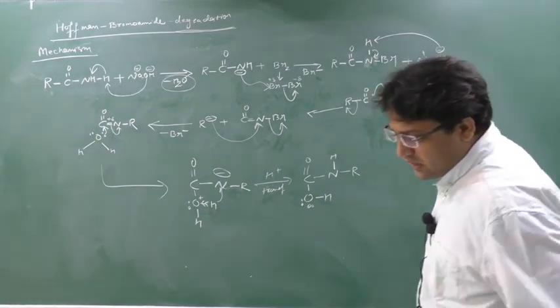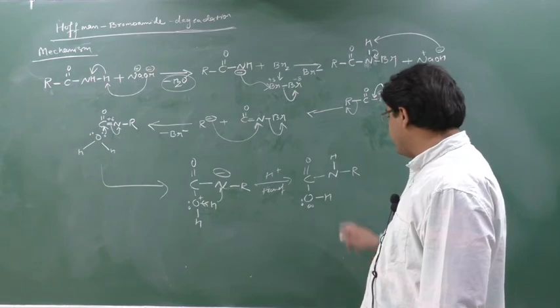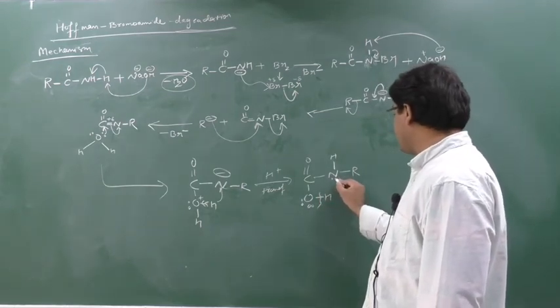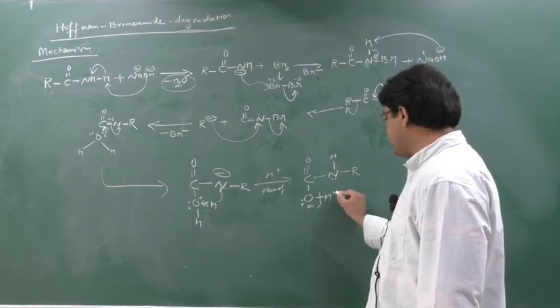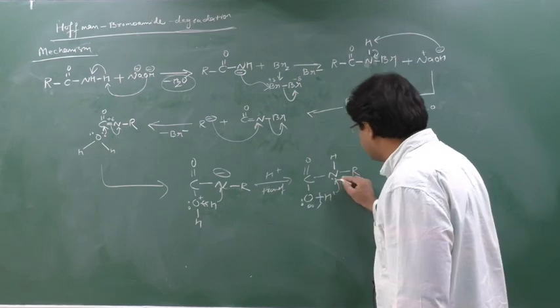Yes or no? Now we are very near. Now what we are going to do? Again this oxygen and this hydrogen, what will happen? See, this hydrogen is an acidic hydrogen. It is having one lone pair, and this is having plus charge because it is an acidic hydrogen. So again proton transfer will take place, and this hydrogen will be shifted here because it is H plus.